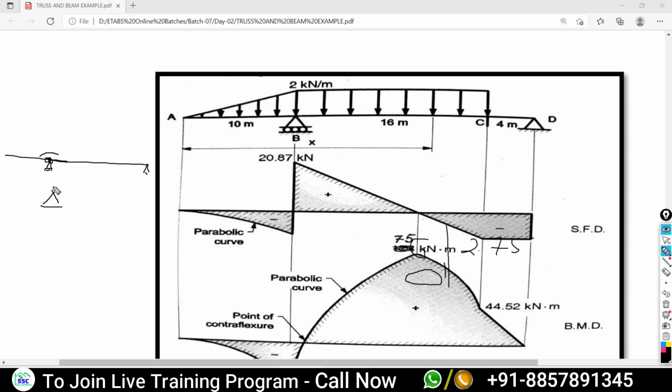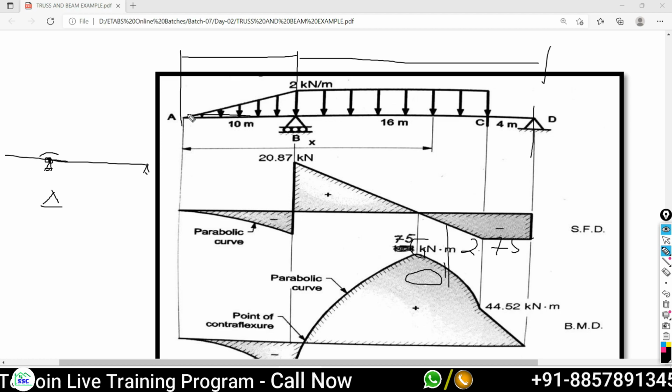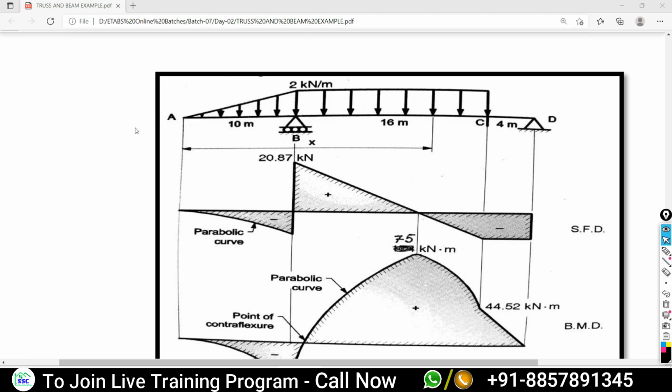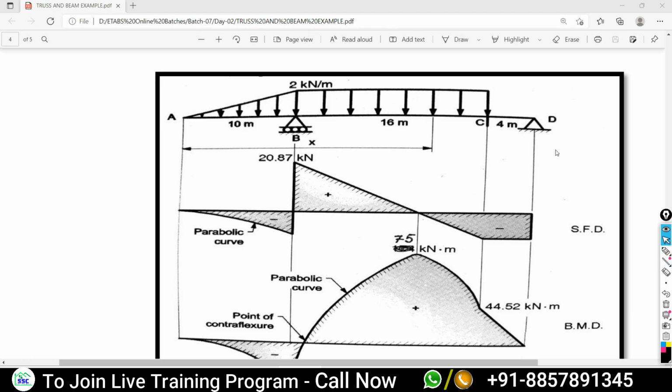Yes, sir. So anyhow, we need to have this one grid, second grid here, and third grid here. So basically, it is one frame, one beam, which is supported here, and another frame which is cantilever from here. Understood? Total grids we need to have in plan is 3: A, B, C. In plan, 3 grids will be there.